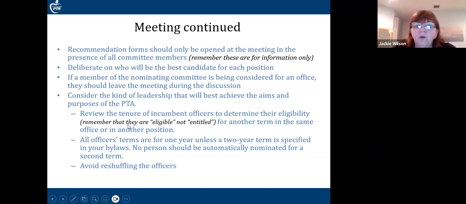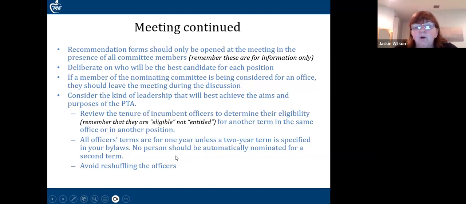And it is very important, because when people say, oh, we're just giving the same people the job again, that's when you have people who become very upset and start asking what's going on here, who's running this PTA, why do I not have a say? You never want to take away the right of the membership in this particular case. By doing that, you're stripping them of their right to vote for who they think was the best candidate. All office terms are for 1 year, unless some bylaws do suggest a 2-year term. If it is a 2-year term, then you must remember that the person you are nominating and electing will serve in that office for 2 years. So that's important to note, okay?